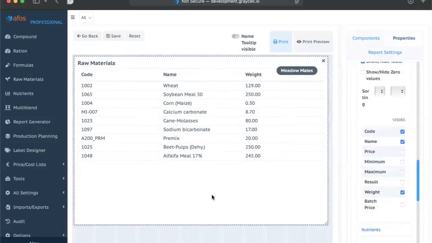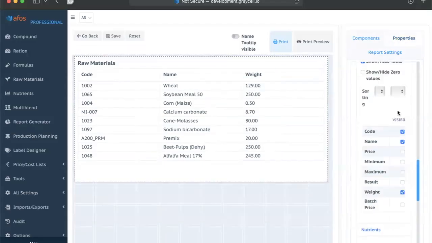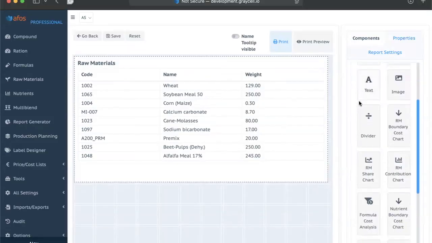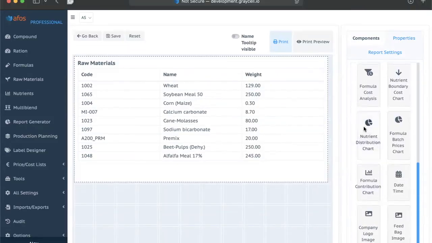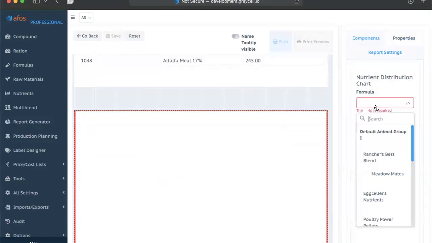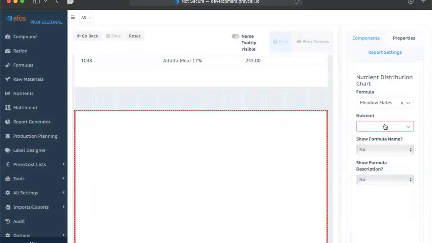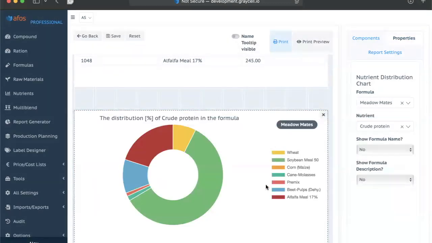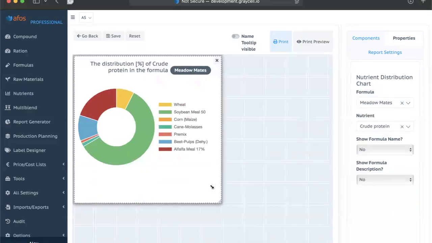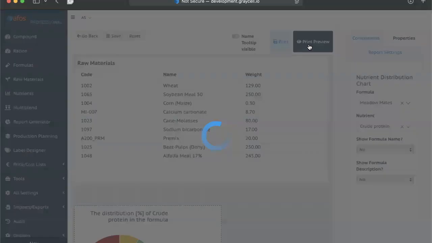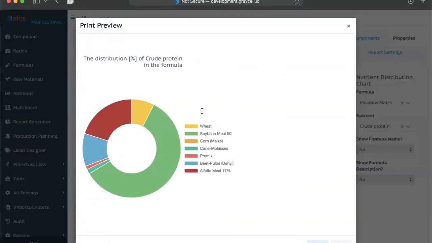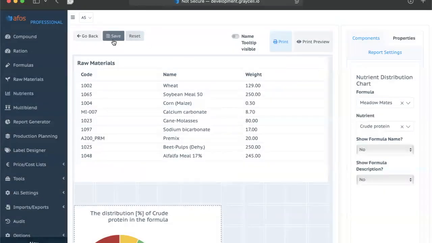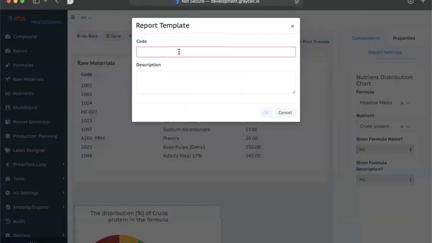Different components are available here. So I added this very simple formula, but I can also drag and drop formula description, raw materials, text, images, or any of these charts I showed. Like I said, I will put a chart here, just for presentation purposes, something like this. I can add a different chart here, something like this. So here's my report. I can print preview, I can print directly from here, or I can, of course, save it, add some code,